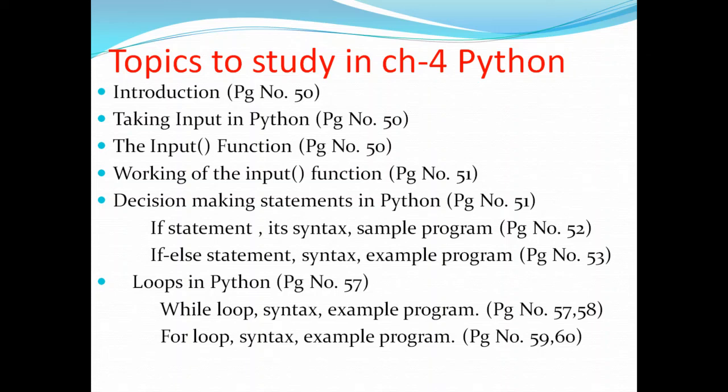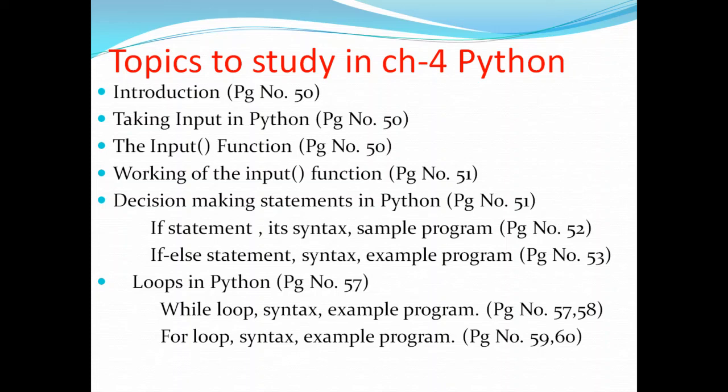Dear students, here I have given the content which you have to study from your text. The topic is programming with Python. Since you people do not know about Python, I have started from the basics. I have given an introduction to Python, its uses, and what a Python program contains, like character set and tokens. Then 4 types of tokens we have seen elaborately. From your text, I have taught you all these things.